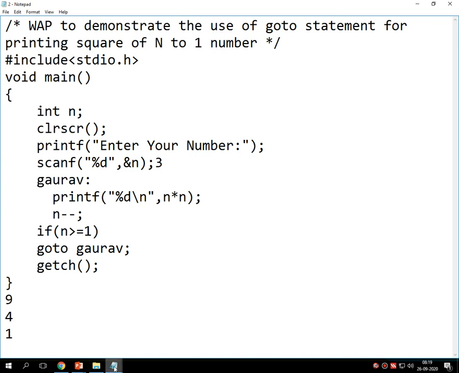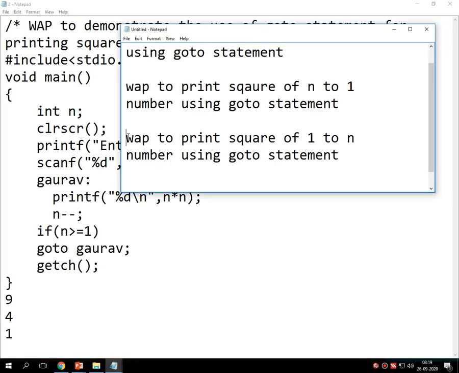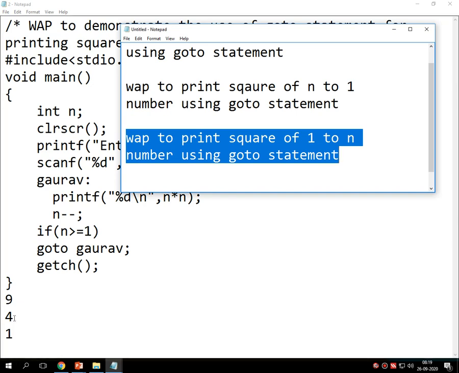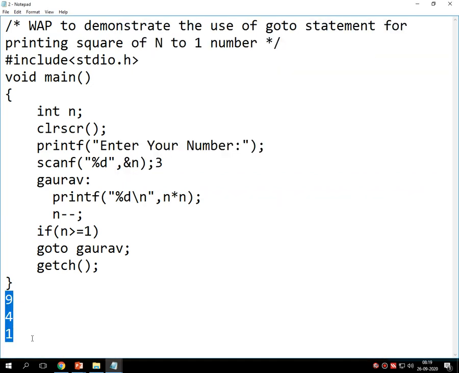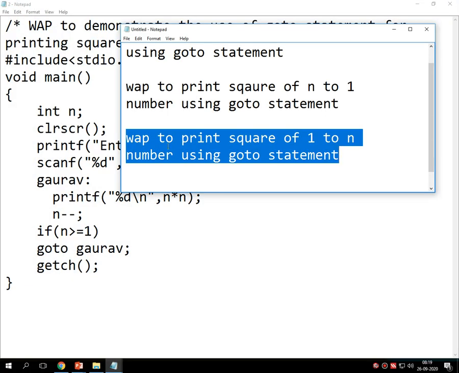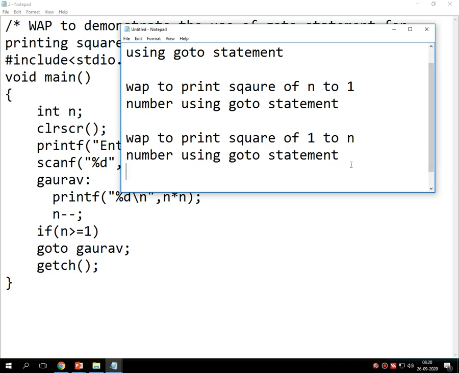And whatever the code that I have given, you have to write by yourself, and the output for the same should be 1, 4 and 9. There is one simple change in the entire logic which gives you the output of this particular program, if you refer to my previous lecture. So let's continue with another code.